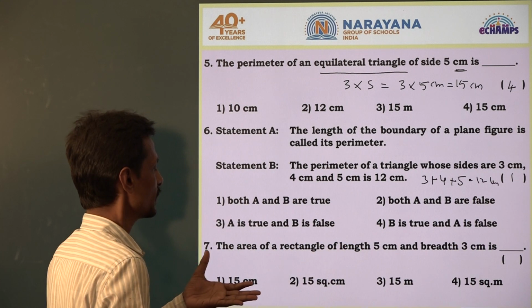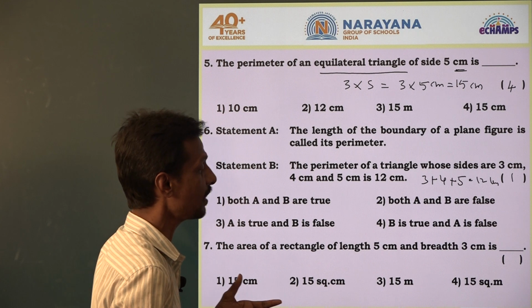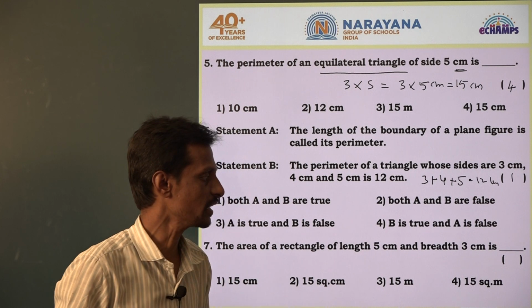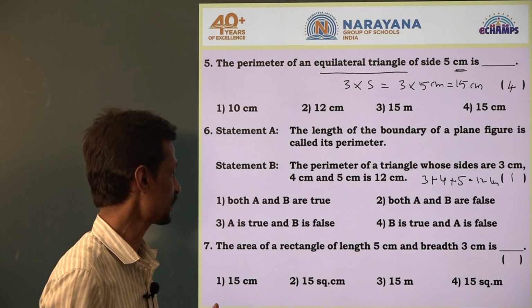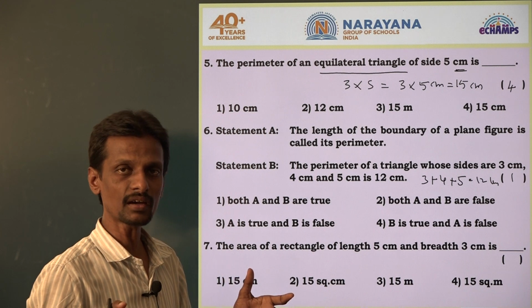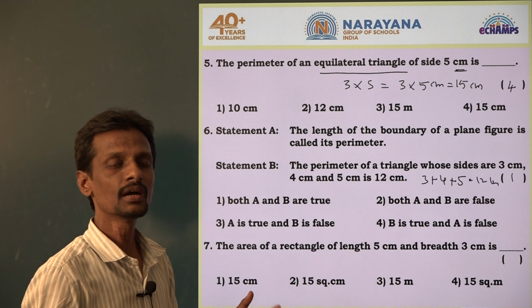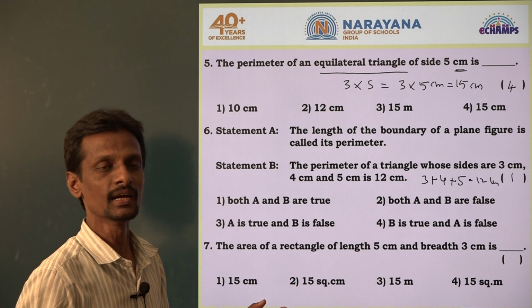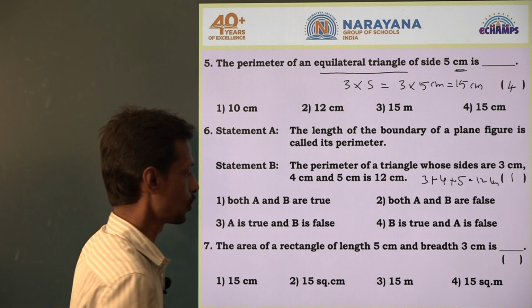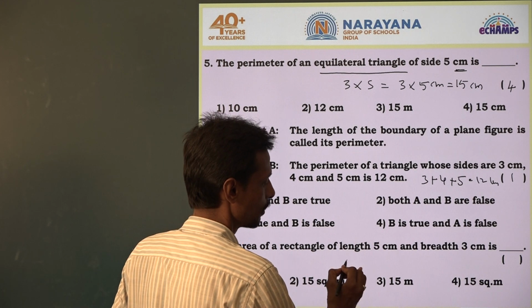Yes, next, the area of a rectangle of length 5 centimeter and breadth 3 centimeter. So we will find the area of rectangle. What is the area of rectangle formula here? Area of rectangle is equal to length into breadth. So here A is equal